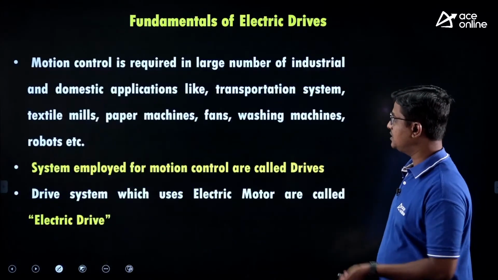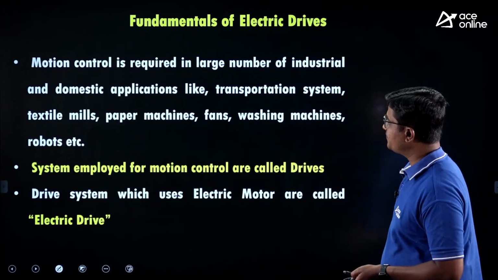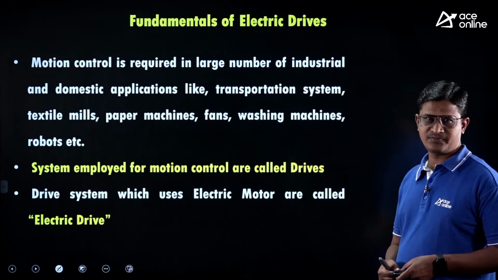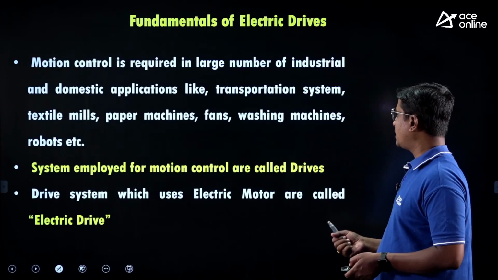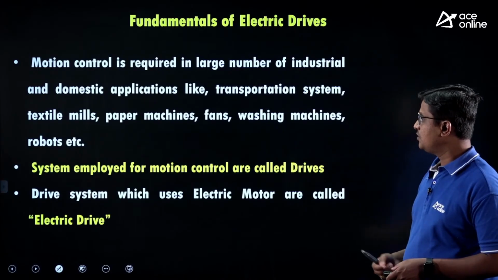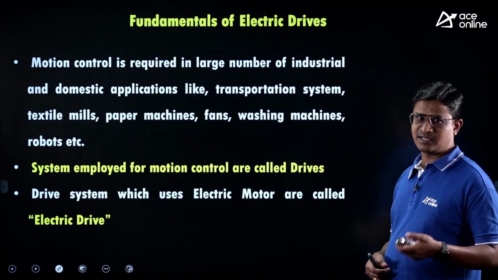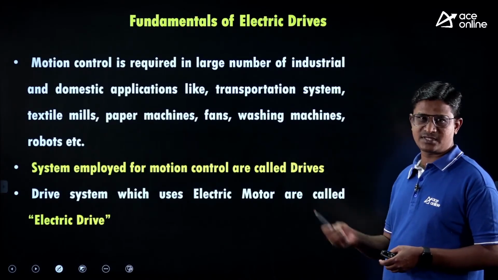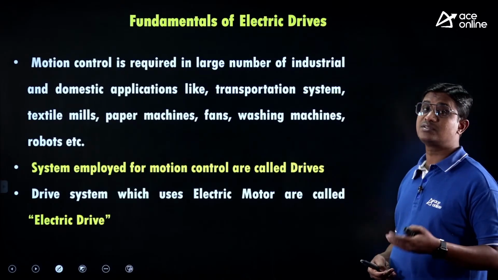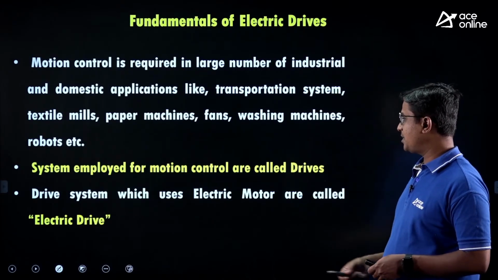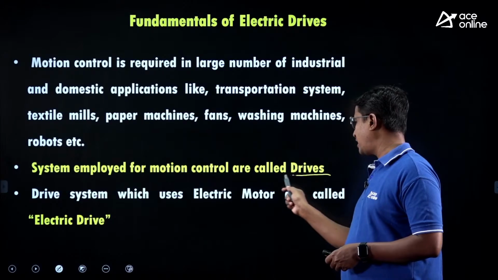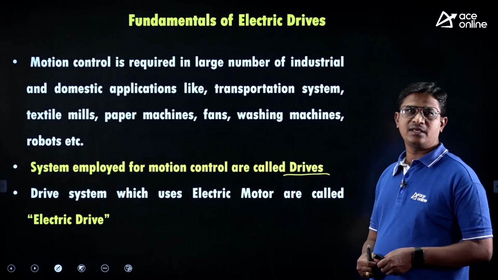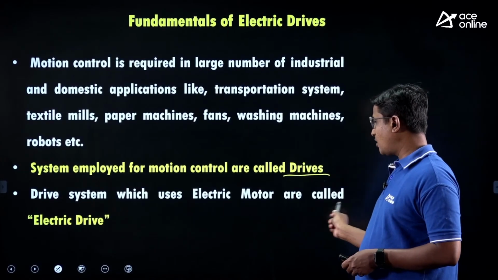Motion control is required in large number of industrial as well as domestic applications, like your transportation systems, your paper machines, fans, etc. Okay, you can find large number of examples, okay. Next, where the speed control is required. Next, system employed for motion control are called drives, and the drive system which uses electric motor are called as